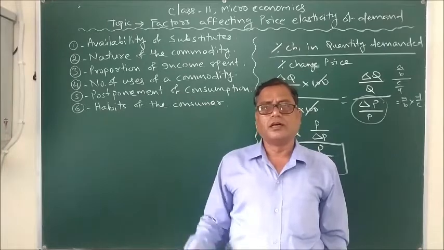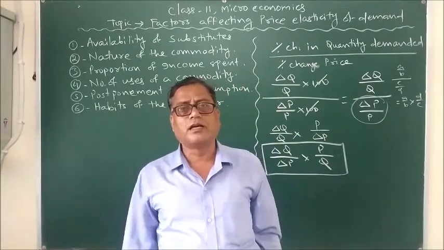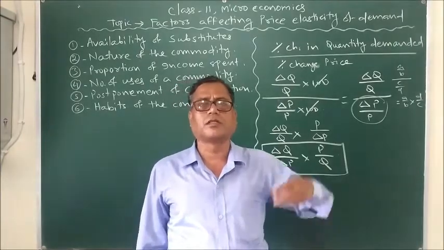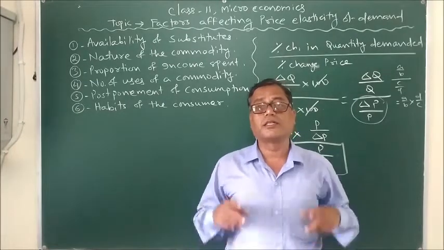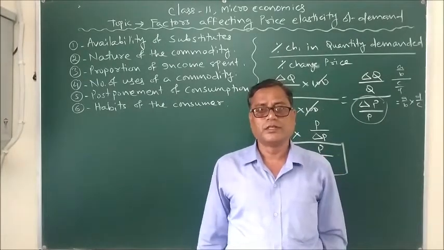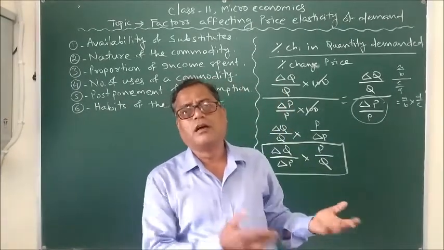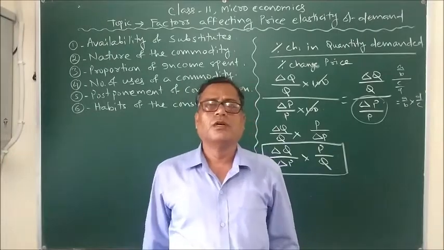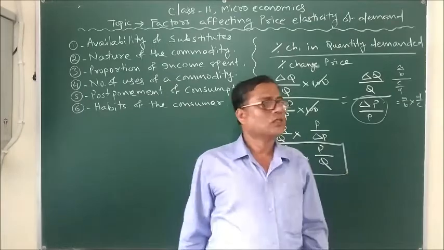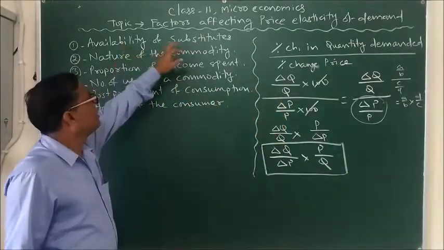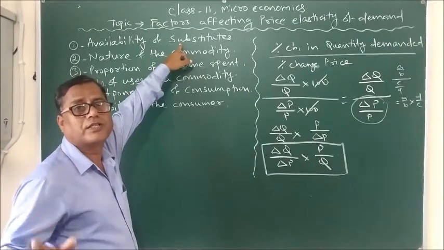For example, the pen produced by one company and the pen produced by some other company. Both are used to write something, hence we can say that both are substitutes to each other. Just as a matter of morning drink, we may take tea or we may take coffee. So in this case, tea and coffee are substitutes to each other. Thus, the availability of substitutes determines to a greater extent what would be the price elasticity of demand